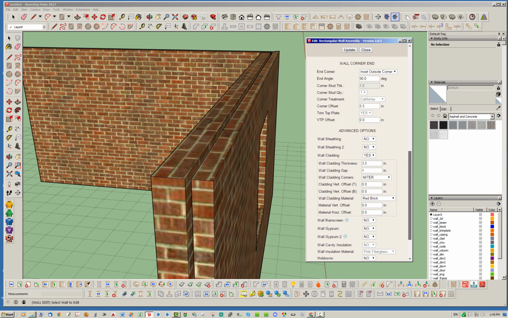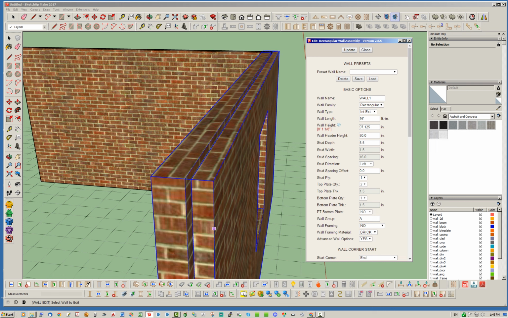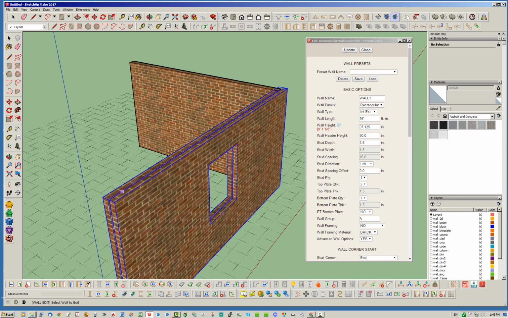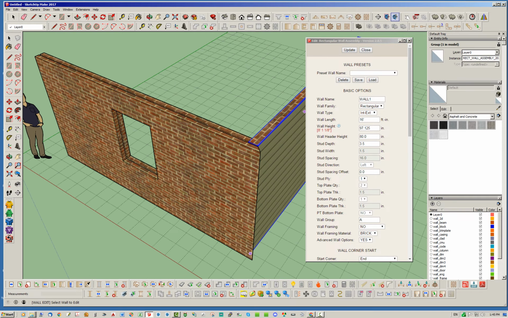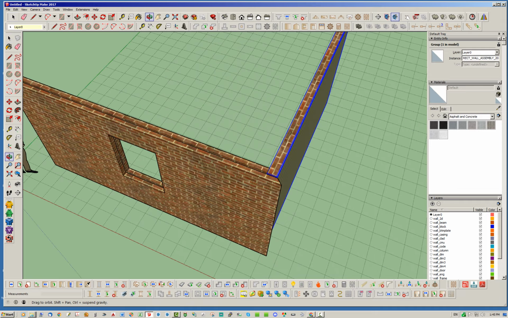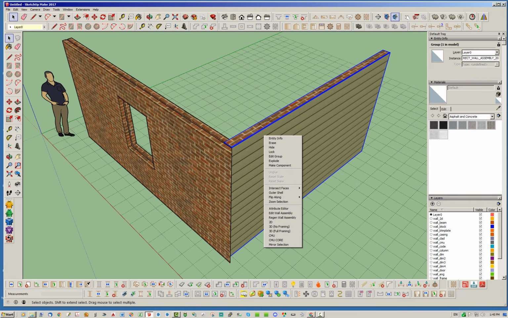But the brick walls, let's assume that they're the same in thickness. So we're going to come back here to the stud depth, which essentially controls the wall thickness. Change that to 3.5 inches. And now we have ourselves a double brick wall. And as you can see, this wall needs to match, so we'll just go ahead and edit that too,